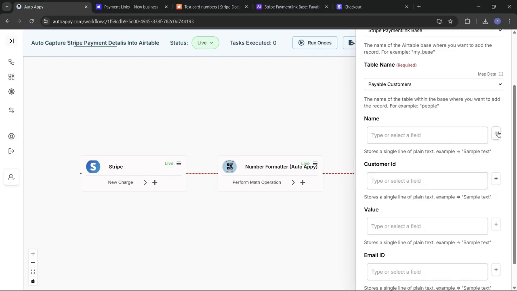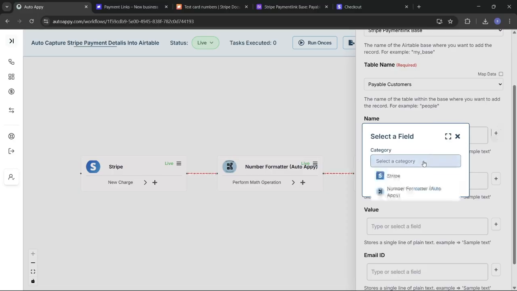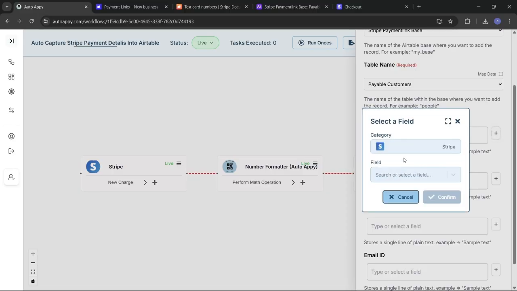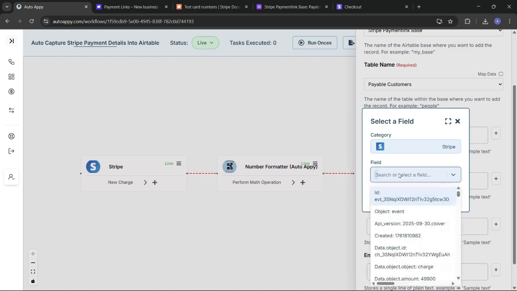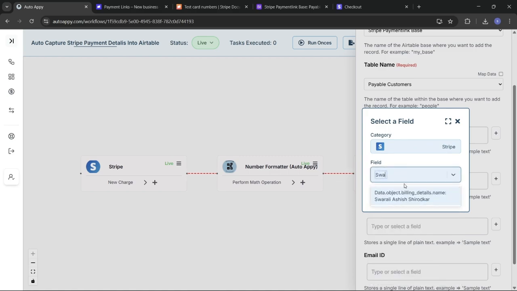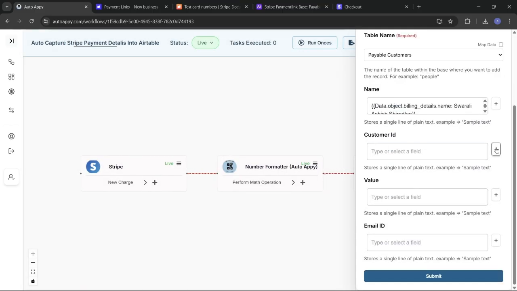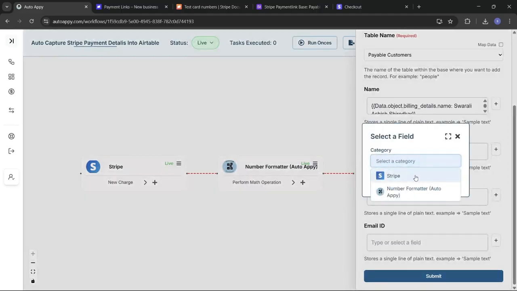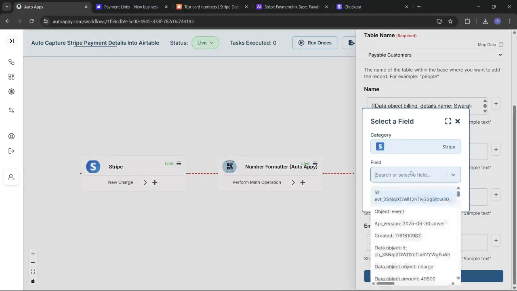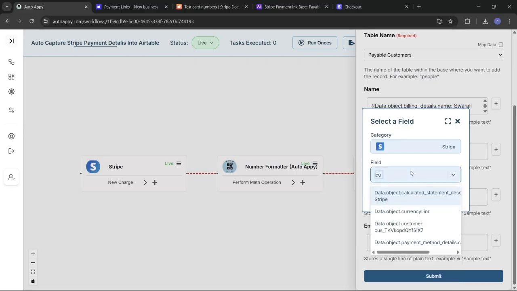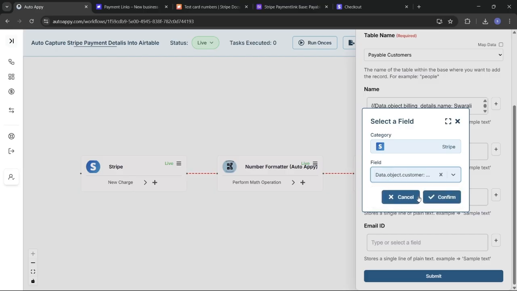For that, we will have to go to the data mapper, and in the category we will have to select Stripe as the option, and it will ask for a name. Since we had entered Swarali Ashish Shirodkar as the name, let's just take this, and in the customer ID we will go for Stripe again, and here just simply type customer, and here you can just say confirm. This is mapped,